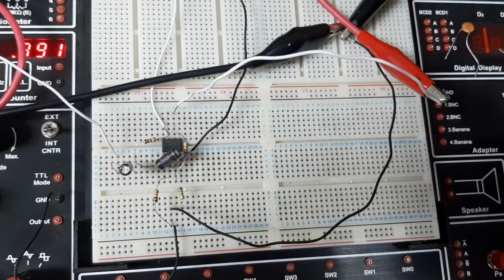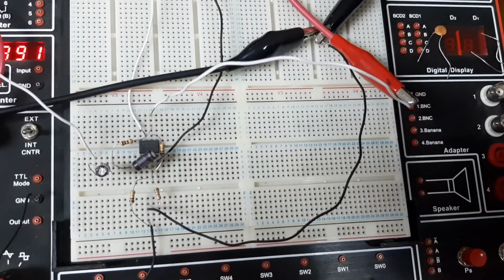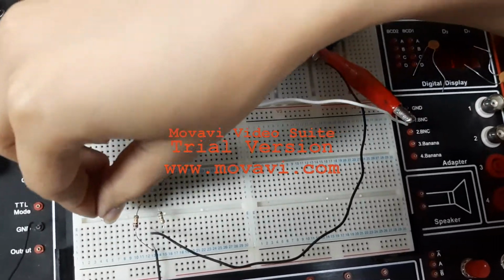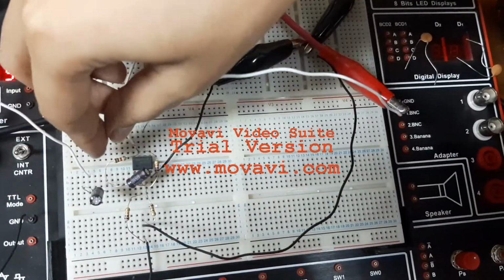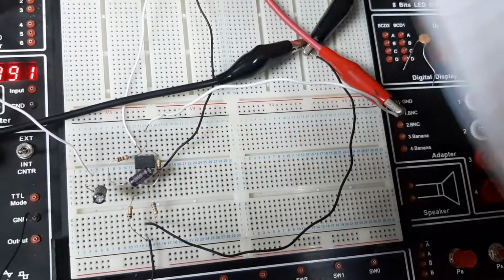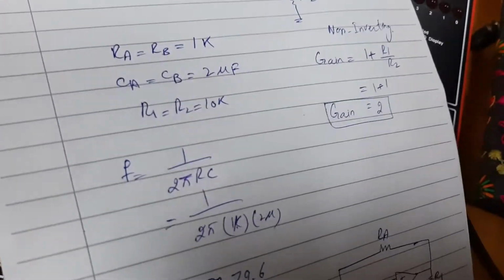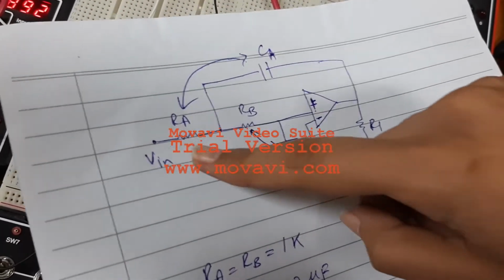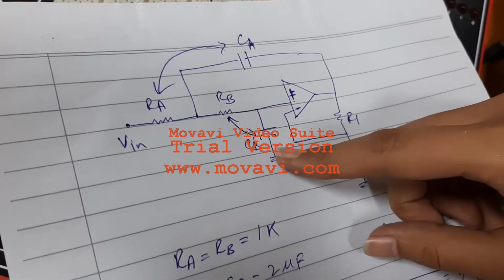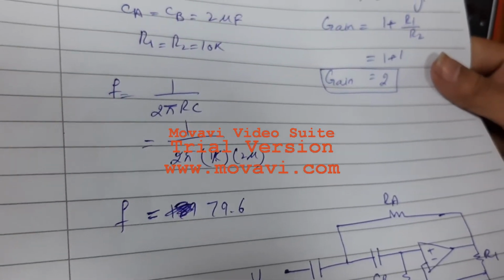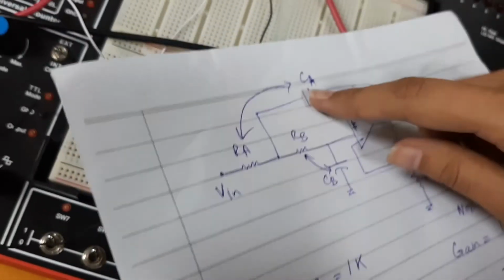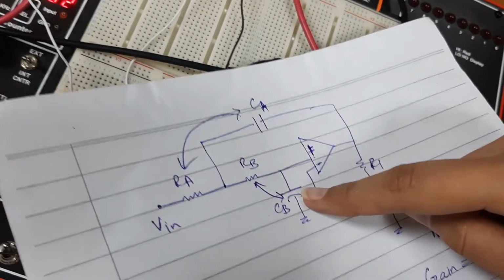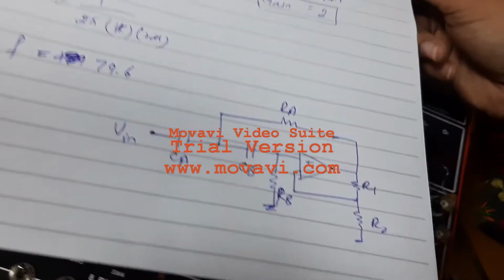Now I will verify the frequency response of the second order high pass filter. For this purpose I assembled the circuit on the breadboard, and I have changed the position of the capacitors and resistors, because as I mentioned in the previous section, the difference between the low pass and high pass filter is that the input is at the resistor for the low pass filter and at the capacitor for the high pass filter. If you interchange these capacitors and resistors, then the low pass filter will act as a high pass filter, as shown in this circuit diagram.